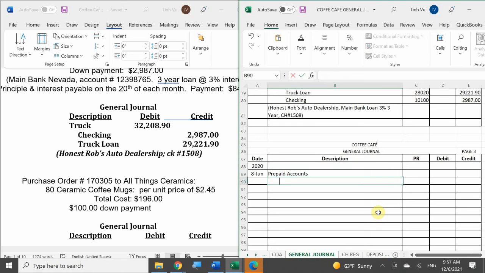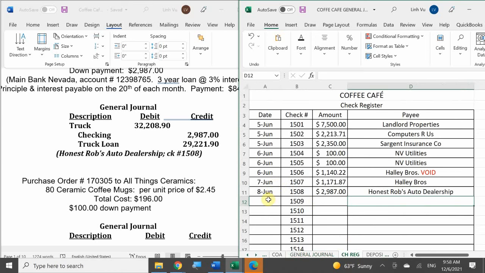And we have checking. Okay. Prepaid account should be 18,600 and 10,100 for the checking. How much is my down payment for? $100. $100. So therefore, we need to go to our check register to find our check number. So in this case, it's the 8th,